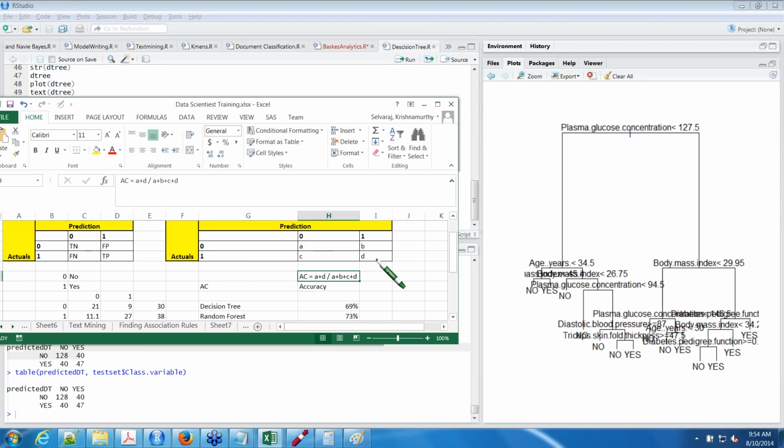So both are the same. For your understanding, I have given A, B, C, D. The sum of true values divided by the total number of values in the confusion matrix. Clear? Arun, Anup, is that clear? If it's not clear, get it clarified, please. I said the confusion matrix will be a little confusing, but always use this sheet that I have given. It will be very simple. Cross will be true, cross will be false. That's the meaning. Fine, Sundar. Yes, the confusion matrix will be confusing. But